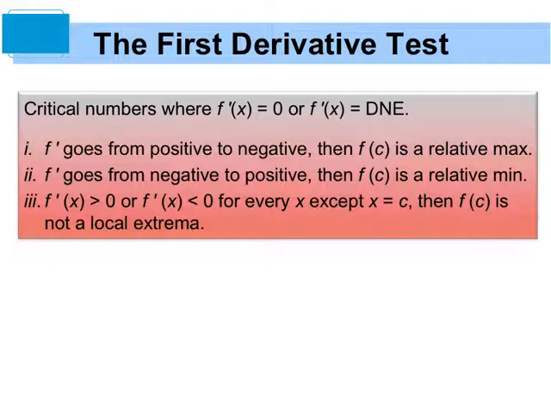Which also combines a little bit with what Yash said too, because now we're talking about f prime. F prime goes from positive to negative. The slope of the tangent line goes from positive to negative. It's got to roll over the top of that hill and give us a max. If the derivative goes from negative to positive, then it's going to roll over and give us that valley or